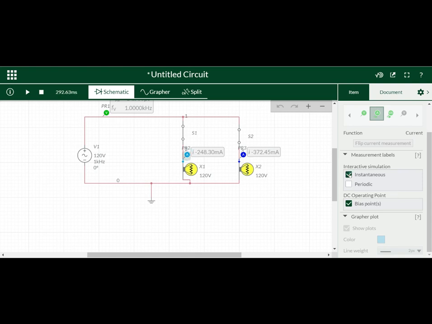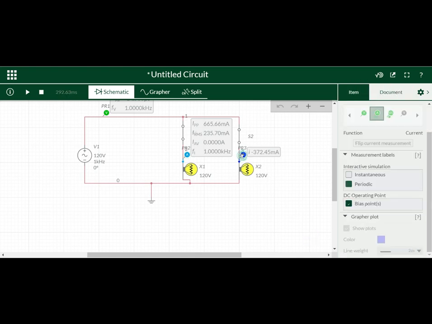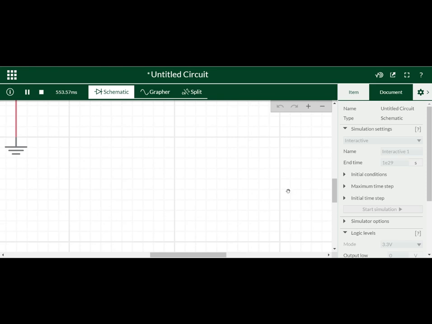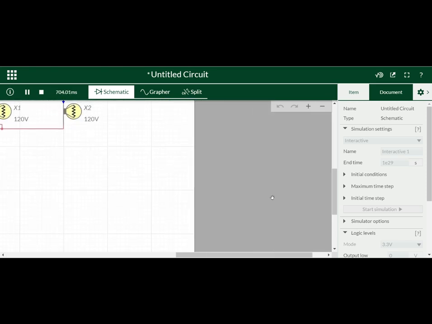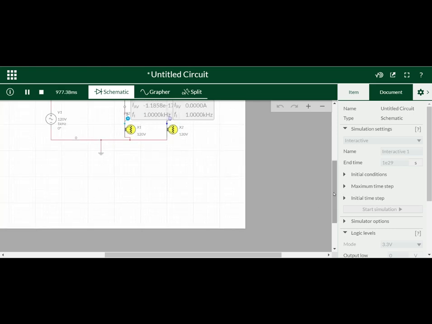I'm selecting only periodic for both voltmeter as well as ammeter, so there I will get the RMS value, peak value, all the readings displayed there. For the second ammeter also I am clicking periodic and deselecting instantaneous. Now we are running the circuit.